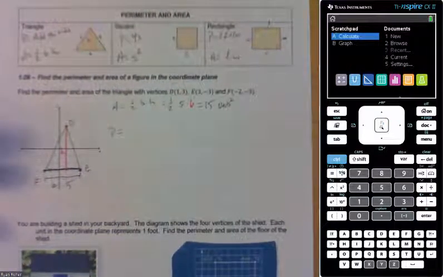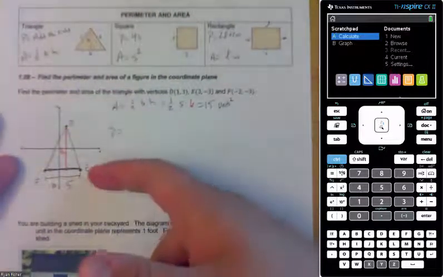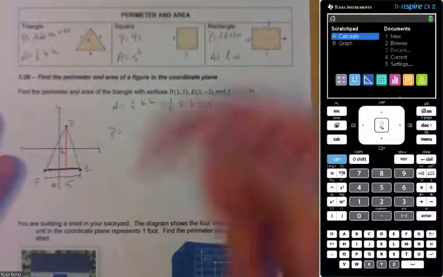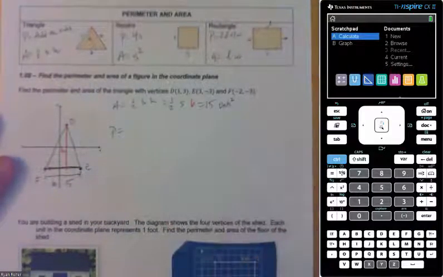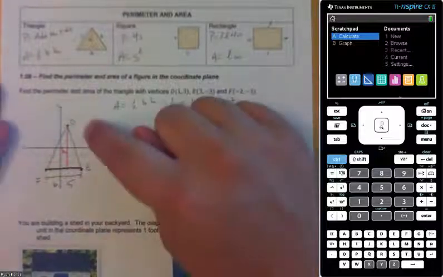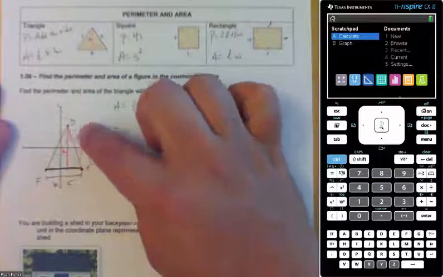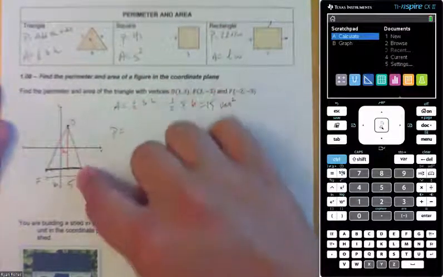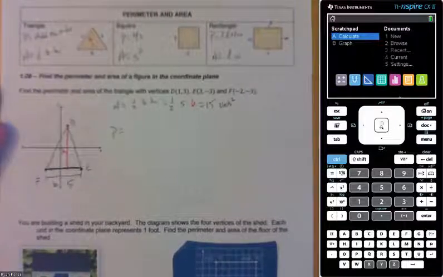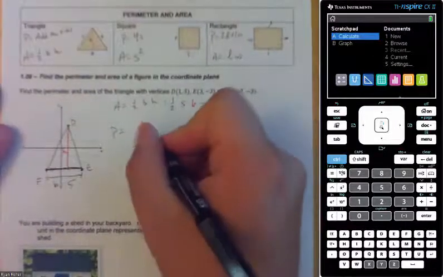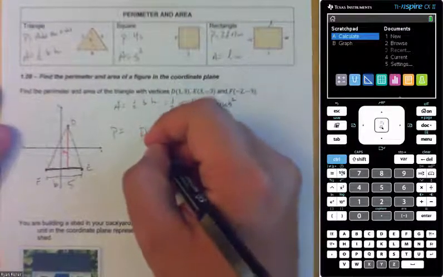However, we can calculate the lengths of segments because we know the distance formula. So you could either break this into, maybe draw right triangles and use the Pythagorean theorem to find the length here, or we can just straight use the distance formula from our previous lesson. And for practice's sake, I'm going to use the distance formula. So recall the length of DE,